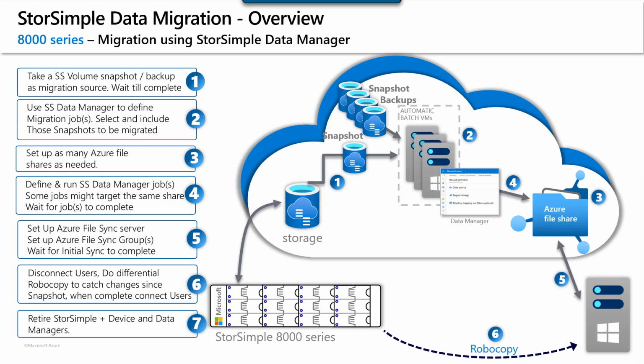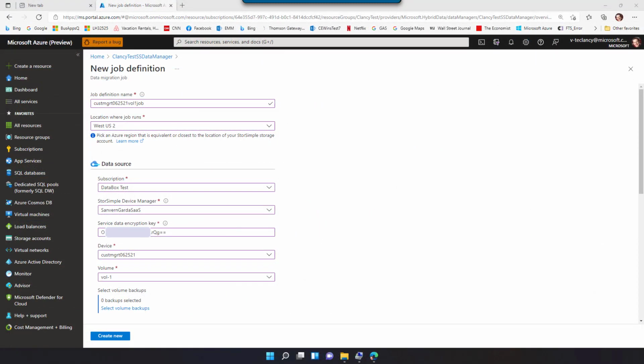So you should try and minimize the number of backups you select for migration and keep them to less than 50. But if more than 50 are absolutely necessary, then you should use multiple jobs, ensuring that you migrate from oldest backups to newest backups. To select which backups of your StorSimple volume your migration job will migrate, select the Select Volume Backups link on